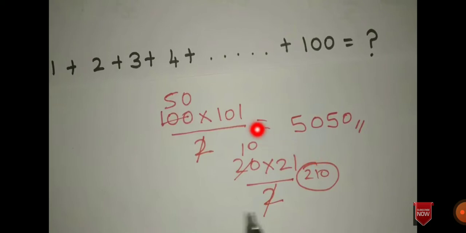So the answer for this sum is 5050. I will also tell another example. If you have a number as 20, like 1 plus 2 plus 3 and so on till 20, then 20 into 21. So the next number is 21, divided by 2. When you cancel common numbers, 20 divided by 2 is 10. So 10 into 21, you will get 210. So if you have 20 as the last number, your answer would be 210. I hope this problem is clear. So we'll move on to the next sum.